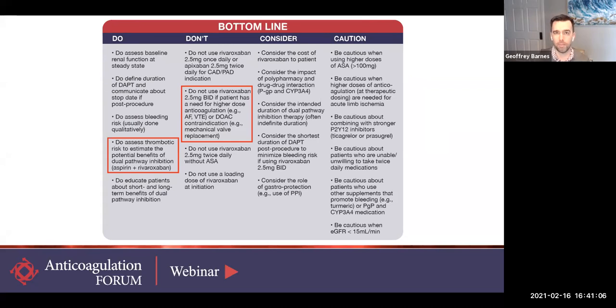So we'll probably transition that patient to rivaroxaban and consider whether they should be on monotherapy or whether there's a real need for them to be on aspirin in addition. It's really important that we think about the benefits of the dual inhibition pathway, think about other potential indications they might have for anticoagulation, and make sure we're giving them the right level of treatment based on their various comorbidities and conditions.